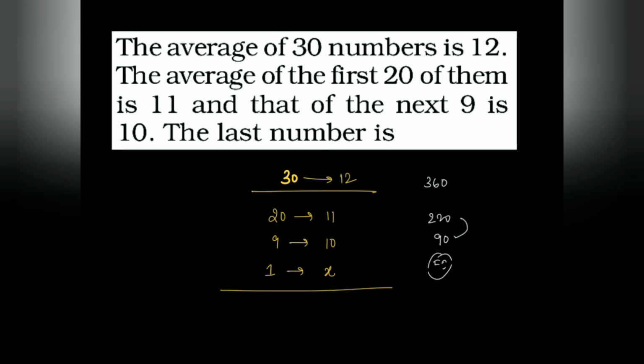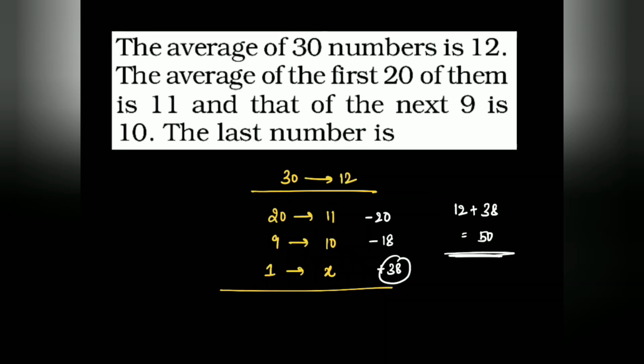If not in this way, if you want to do it in terms of grouping, what you can do here is, our assumption is already given as 12. Find out the deviation. So I can say minus 1 into 20 is minus 20. So here minus 2 into 9 is minus 18, which means it should be plus 38. So plus 38, 38 more than the assumption. So more than the average, I am sorry. So our average was 12. So 38 more than the average is 50. So like this also you can do it.